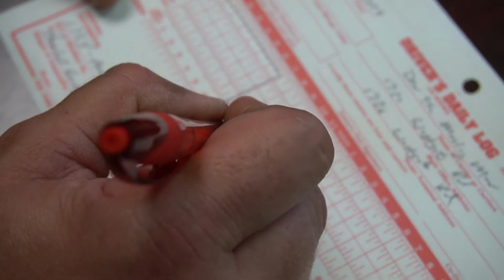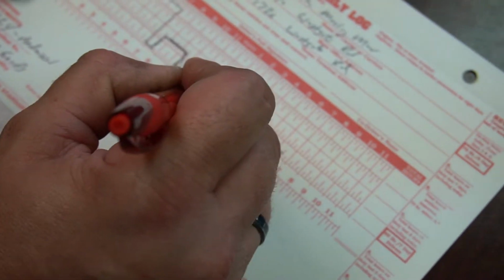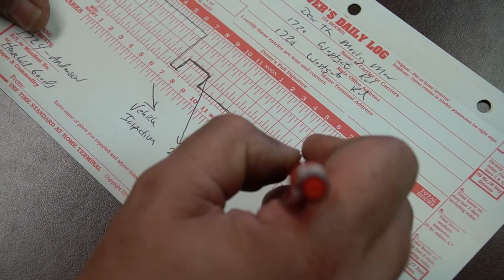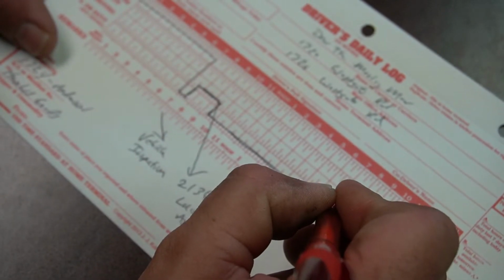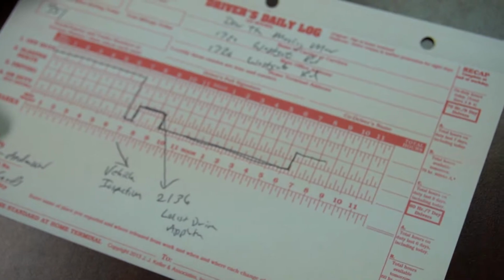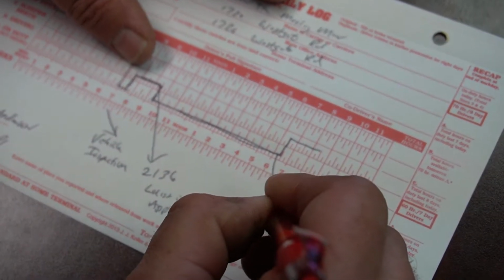I don't know, till, let's say, 6:15 to get the truck loaded. Okay? And then we're going to go back to driving. And we're going to be back at 8:15. Okay? Leaving